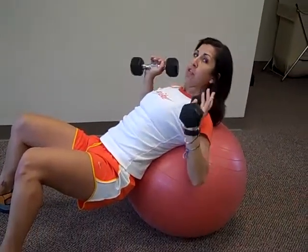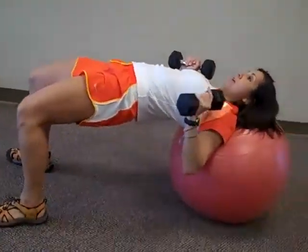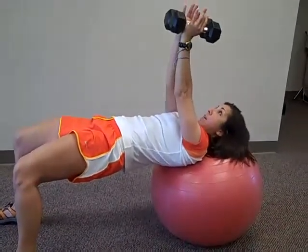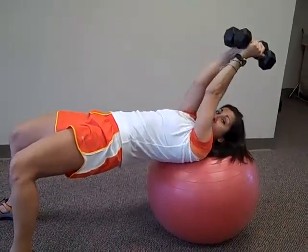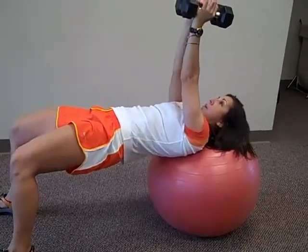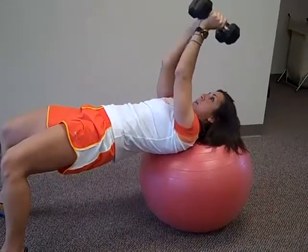Okay? I'm going to just go ahead and show you our skull crusher while we're here. Skull crusher, we're up here. Got our bottom squeezed up in the air. My weights are going to be together. I'm going to look to have my arms over the middle of my chest, so not over my head, so that when I bend down, I'm just going to hinge from that elbow joint. So I'm up here, hinging from the elbow joint right down towards my skull,